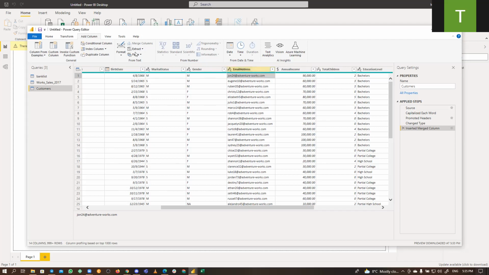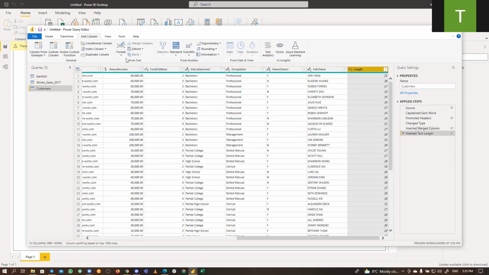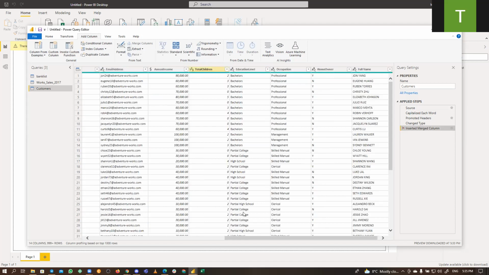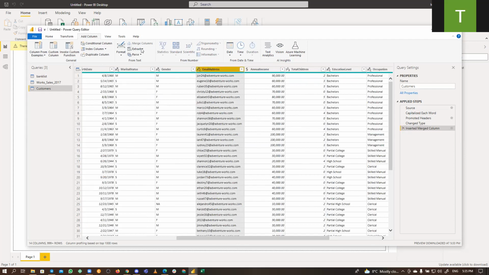So if I click on this column and click on extract, now we can decide what we want to extract. If I click on extract length, what it does is it calculates the number of characters that we have and populates it.